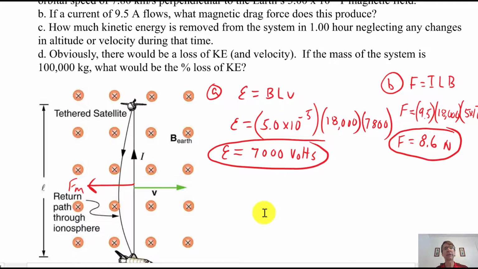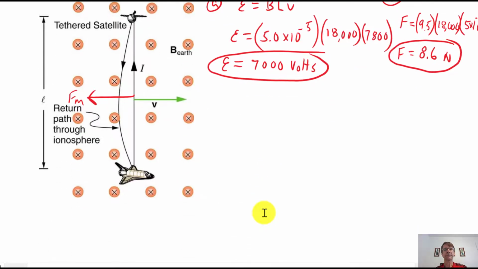Part C: how much kinetic energy is removed from the system in 1 hour if we ignore the other effects? So even though this will slow the system down if we don't put energy in, how much energy would that force take out? Okay, now,